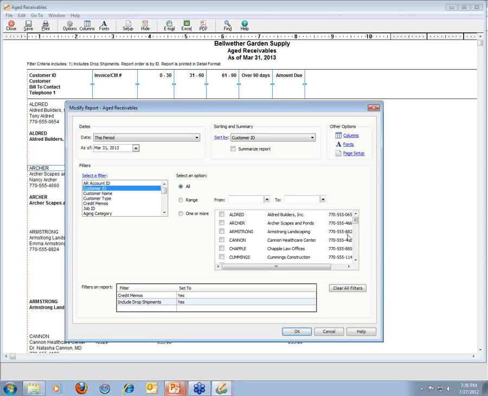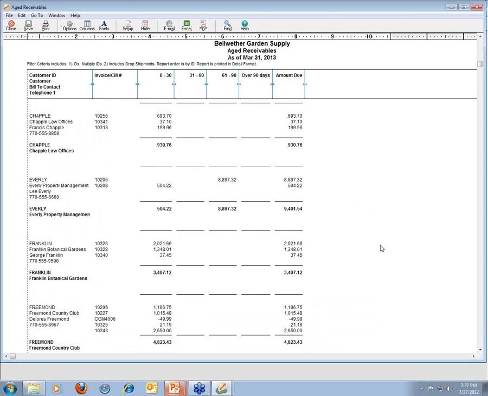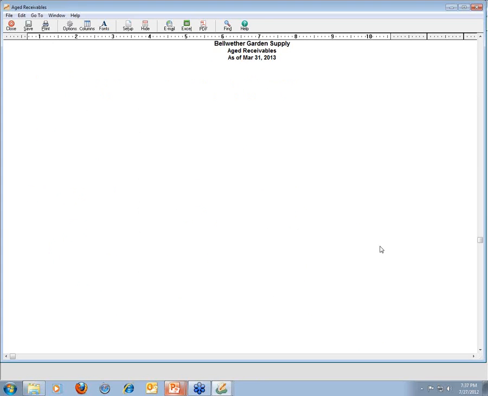And then over here on the right, you have your entire list of customers displayed. And by scrolling down in this list and checking the little check boxes next to the customer names that you want to include on the report, you can limit that report to those selected customers. And once I do this and I click OK, you'll see that this report has been restricted to those customers